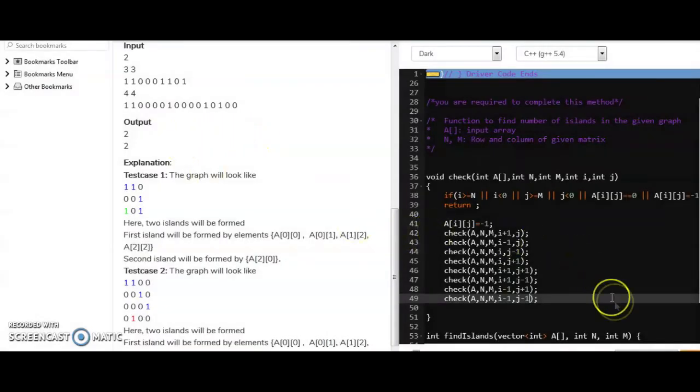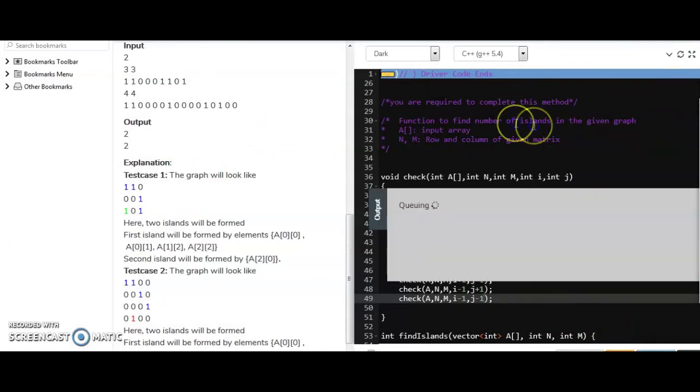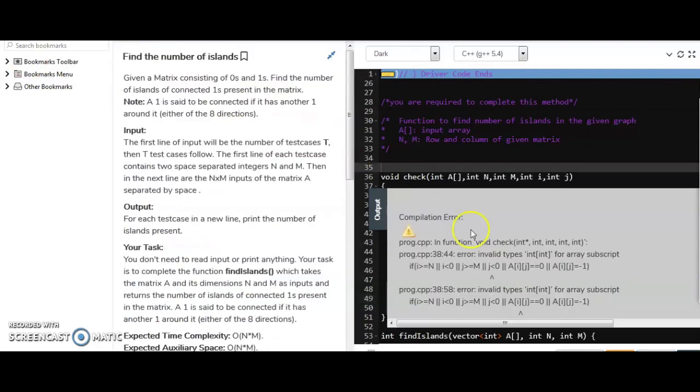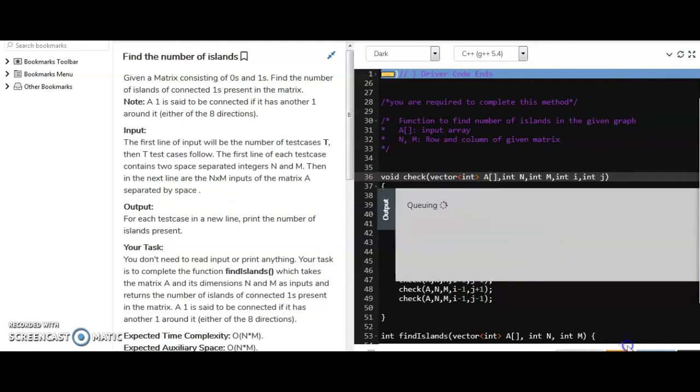I think we have completed the code. So let's compile it to check whether we are passing the test cases or if there is any error we will encounter. So session expired, let me refresh. So we are getting an error, and yes, but this error is a 2D error, right? We have a definition for it. So let's copy it and paste it here. Right.